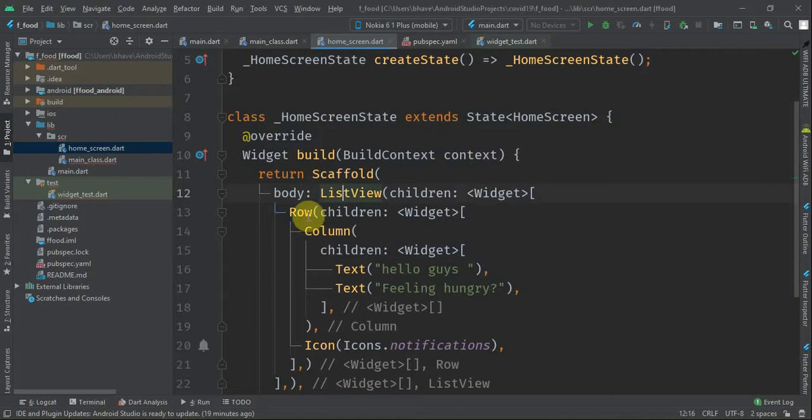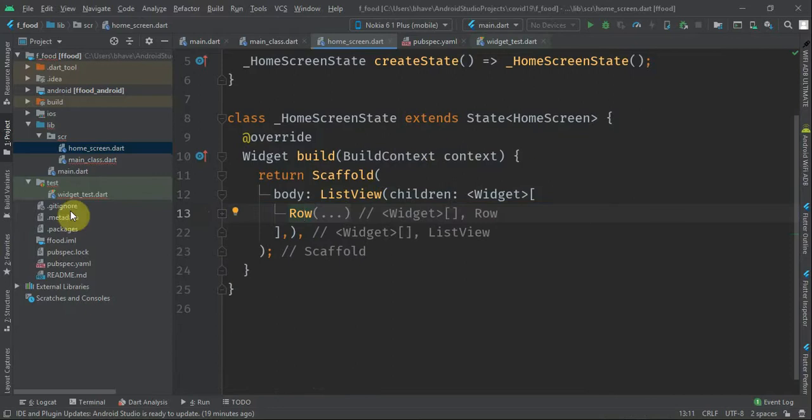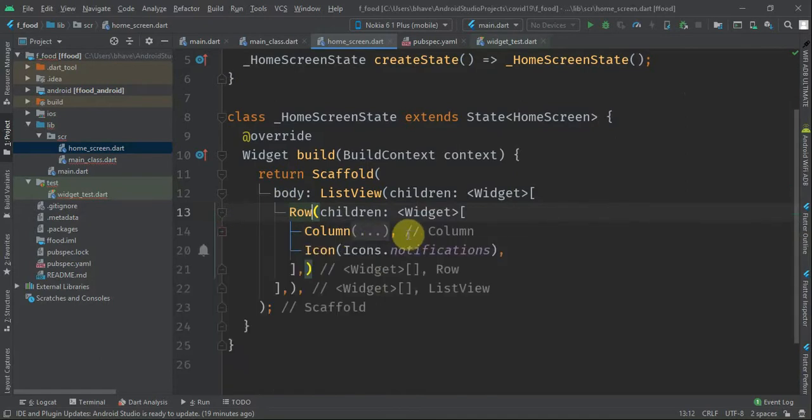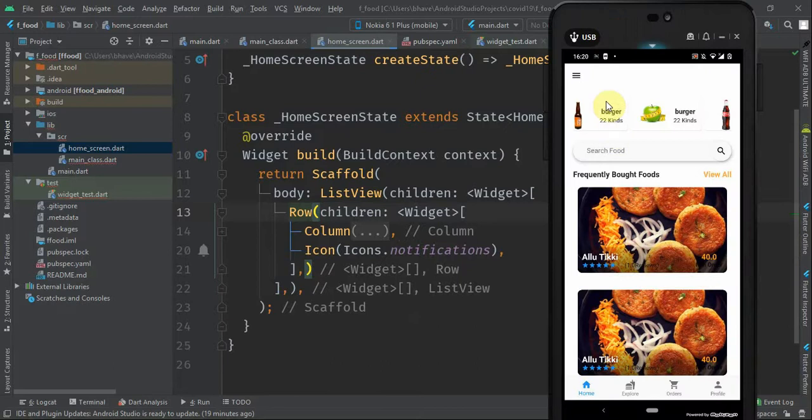So what we did is, we took a list view. We have taken a row, right? Why a row? This is the row for that particular first thing. In that first thing there is a row, and in that row we have a column. In that row we have two items. That is what I'm trying to say. Again I have to open it.